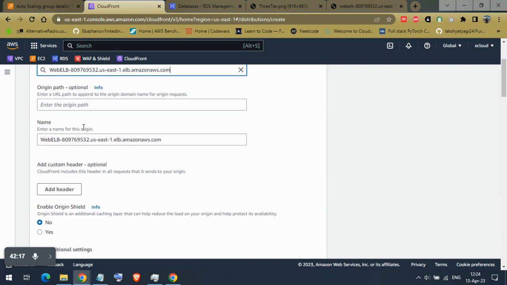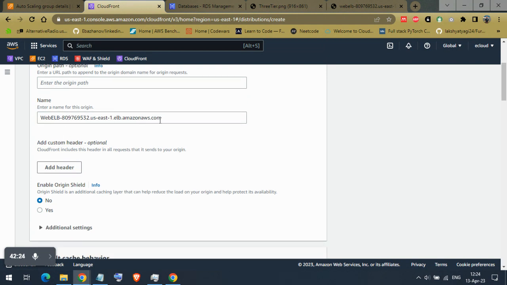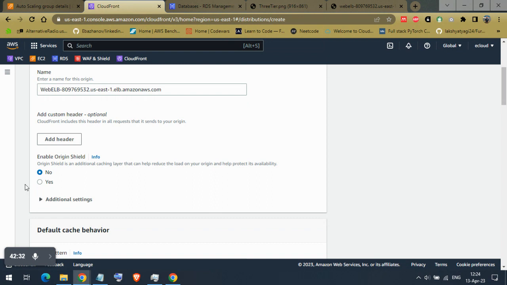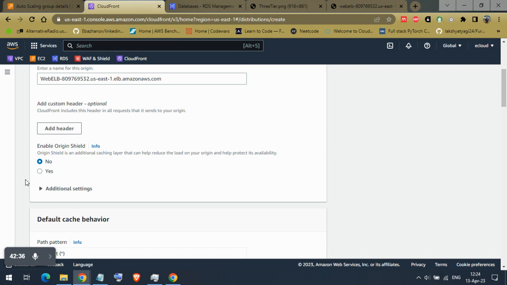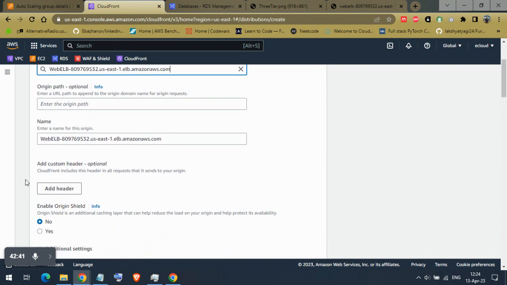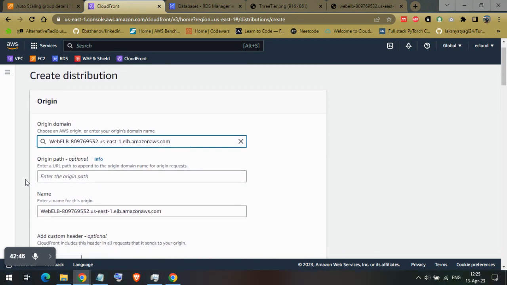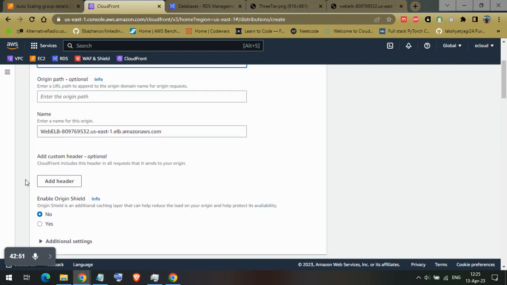For the path, we'll just leave it as default. For the name, I can just leave it as that. But I can enter a name for this origin, but let me just leave it as the name of the web ELB. And then, just a moment. So we're creating an ELB, and then moving on,